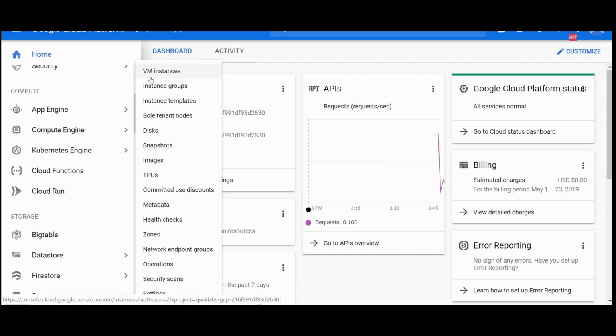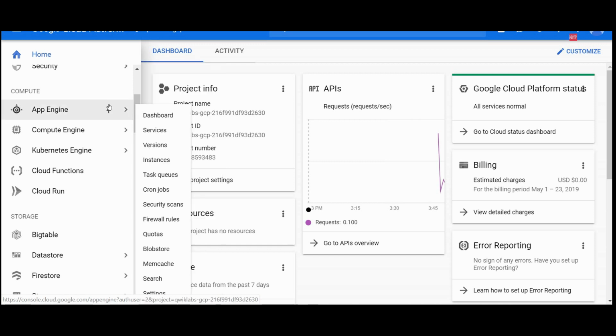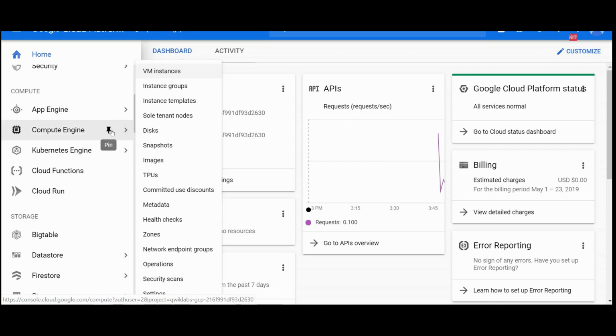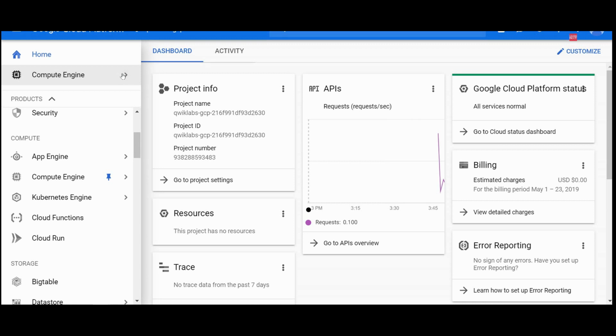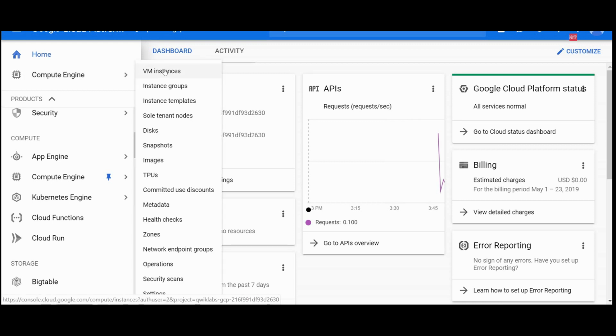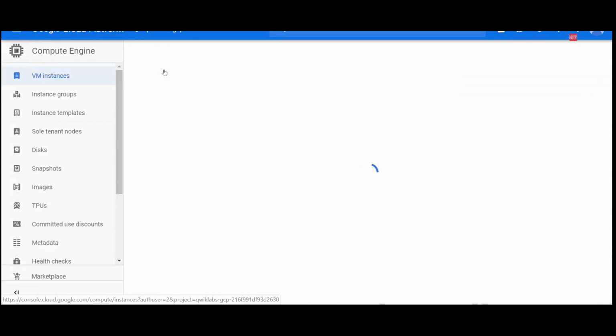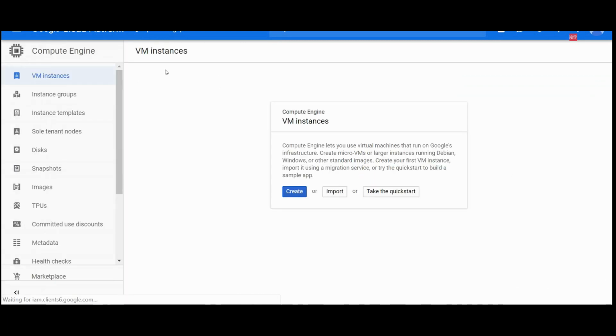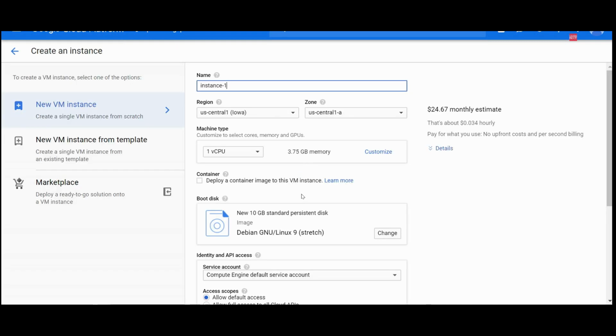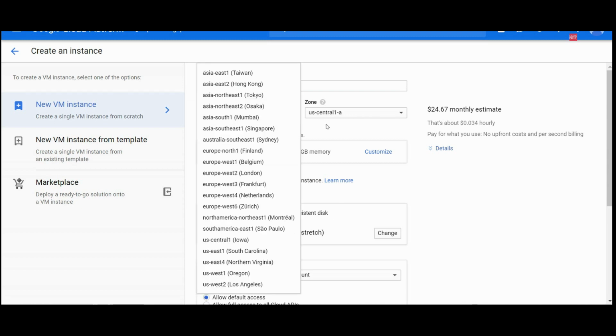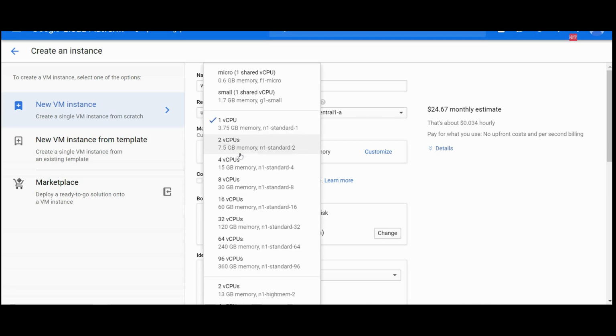Okay, so first let's go to compute engine and then VM instance. Let me pin this up so that it always stays on top for me. So let's go there and click VM instances. Alright, so I'm going to call my VM as Webserver 1, because in this concept, continuing from Webserver, I'm moving on to cloud to host a web server with load balancing. Alright, so I'm going to call this as Webserver 1, and I'm just going to use this from US Central A, yeah, that's fine. And I'm going to choose 1 CPU,